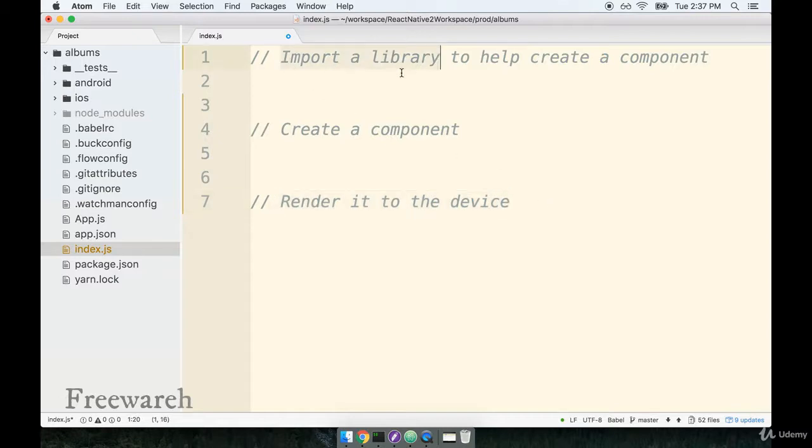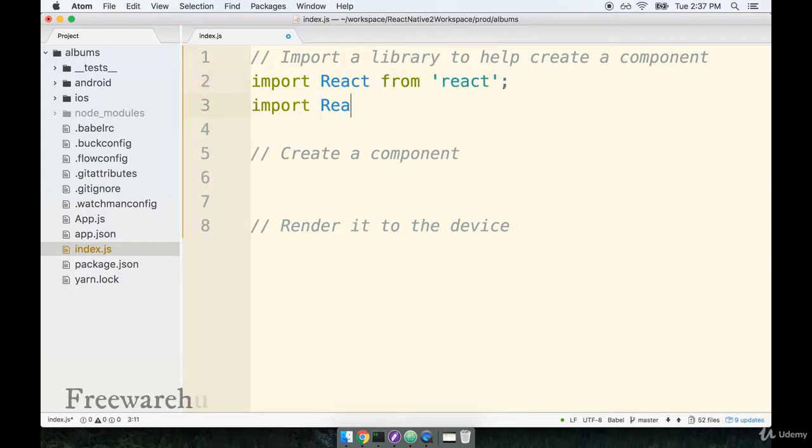We're going to add a little bit of code to import two libraries into this file. So let's write it out. I'm going to say import React from React, and import React Native from React-Native, like so. So already some crazy looking code, because all this time we've been talking about this library called